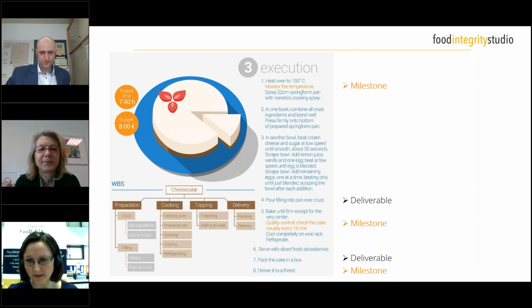The next question from Natalie: why isn't buying the ingredients included as a step of the project? Buying the ingredients. It seems that in this case they are working with ingredients they already have. I totally agree with you that this could also be one part of the project itself. So if you've defined that you don't have those ingredients at home, then clearly there would be one work package